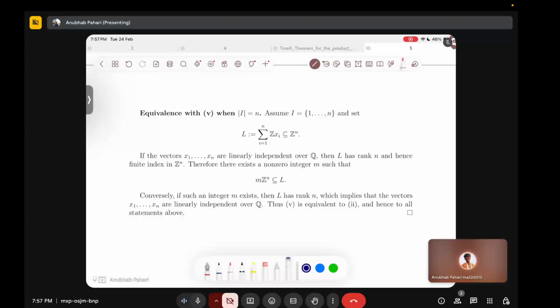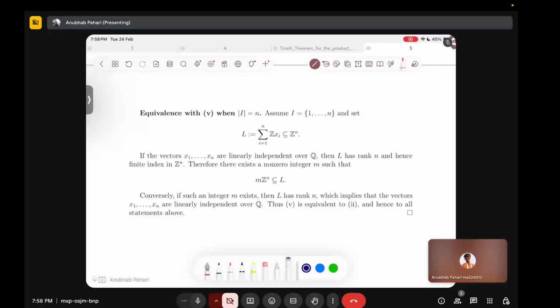And if the vectors x1 to xn are linearly independent over Q, then L has rank n and hence finite index in Z to the power n, right? Because if these are linearly independent over Q, these are linearly independent over Z, so therefore L has rank n, and therefore there exists a non-zero integer m such that m times Z to the power n belongs to L,